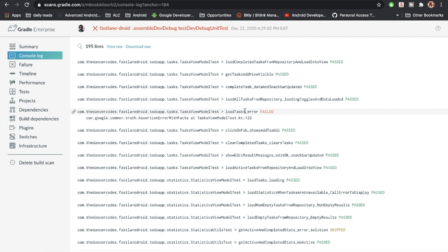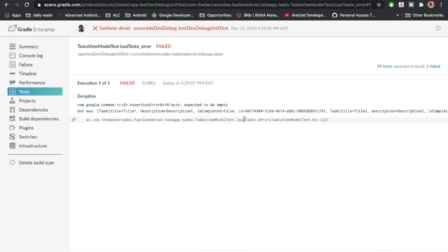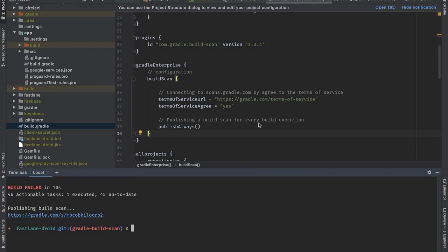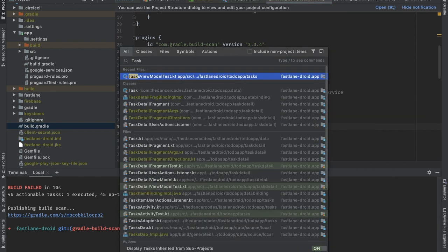And since we have a test section, you can click on tests right here. And we can see in specific, it's the load task error test that's failing. Once I click into that and come here, we can see that it's saying that it's in the tasks view model test file that there seems to be an error around line number 122. So if I switch over to my IDE and we search for that particular file, tasks view model test,